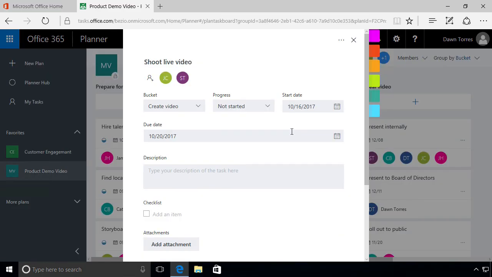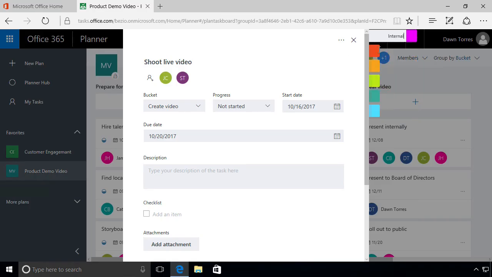To create the labels, we have to open a task. Now, it doesn't matter which task because you don't have to necessarily assign a label to that task, but we're going to open it up. And up here in the upper right, you see 6 colored labels. When we want to add text to a label, we can just click in that label and